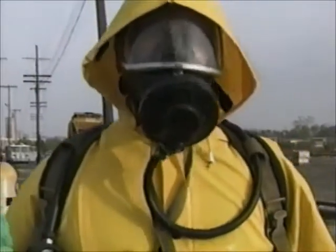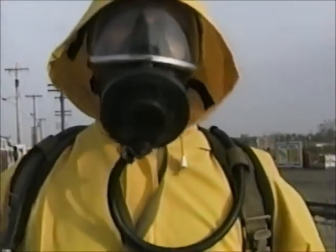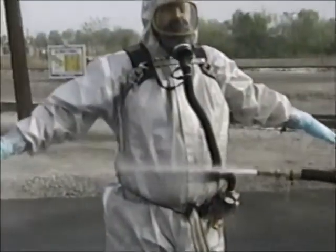Now we're going to decontaminate because we've got the product on us, so we have to go through a washing off before we go back to the...